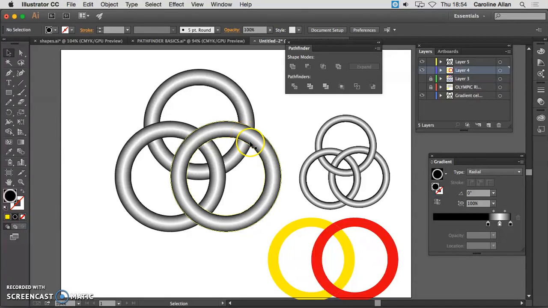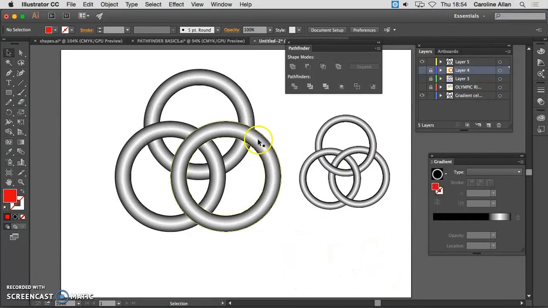It doesn't make sense. But here, we've divided. Look what happens when I delete. I create a hole, which is fine if you want a hole, but that's not what I want here. So I'm going to switch this one off,